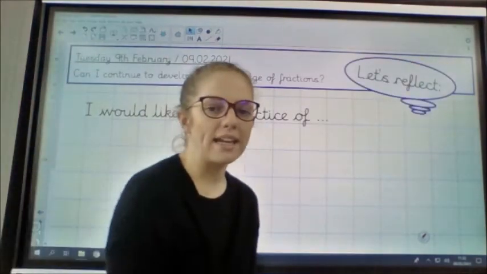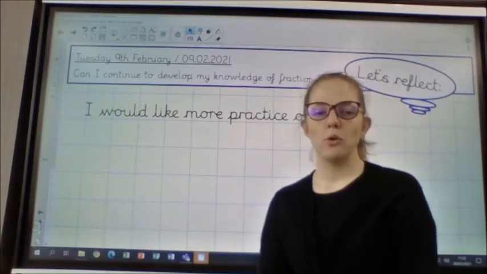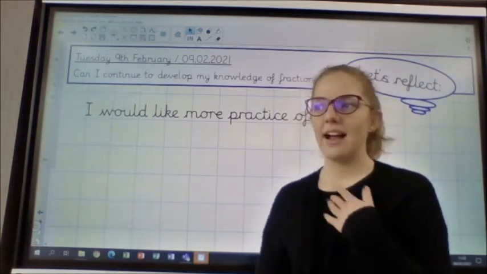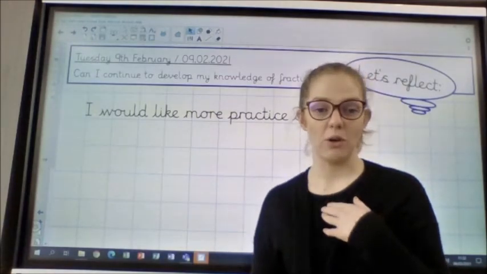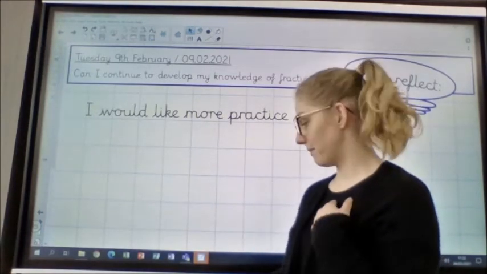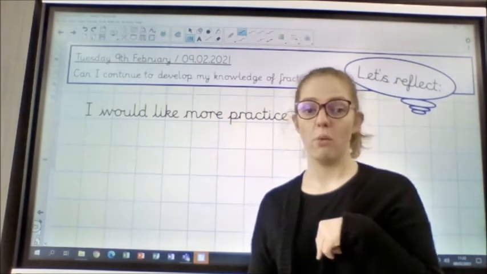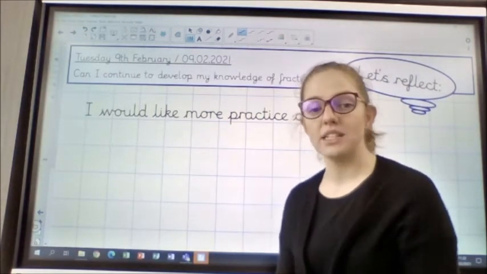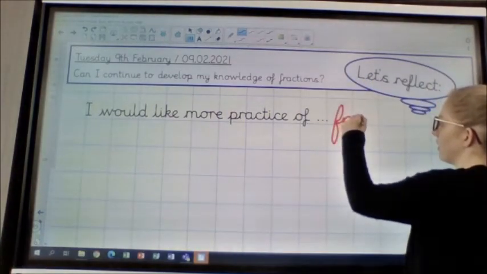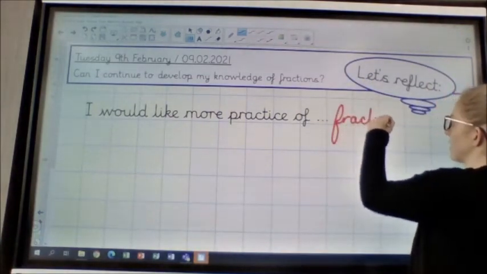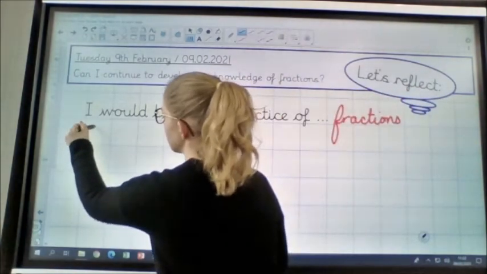And as always, it's time to reflect. Now, what would you like more practice of? Now, I think Miss Prince needs more practice of recognising place value because she decided to write a 1 instead of an O for ones. But you might put, I would like more practice of fractions because